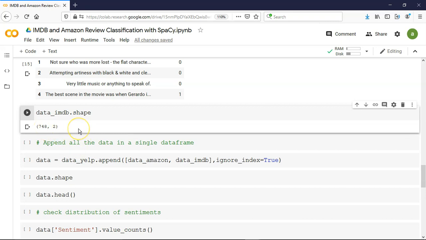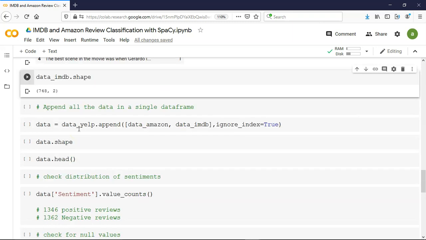Alright, so now we have 3 datasets available as 3 different data frame objects. What we are going to do is combine all those datasets and create one mega dataset. We'll append the Amazon dataset and IMDb dataset to this Yelp dataset.